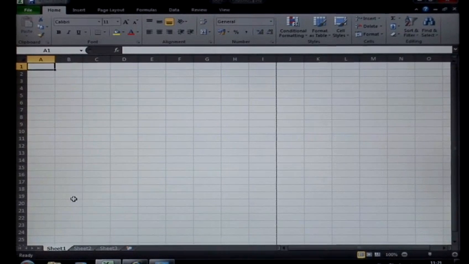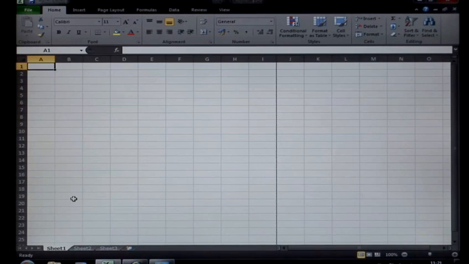All you need to know right now is where that column and row intersects. That is a cell, an A1. And I can move about using my arrow or cursor keys on my keyboard to flip around. And you can see that little bold outline moves about. So you've got the selected or active cell. Very important to keep an eye on that. That is where any action will take place. For example, if I go back to A1,